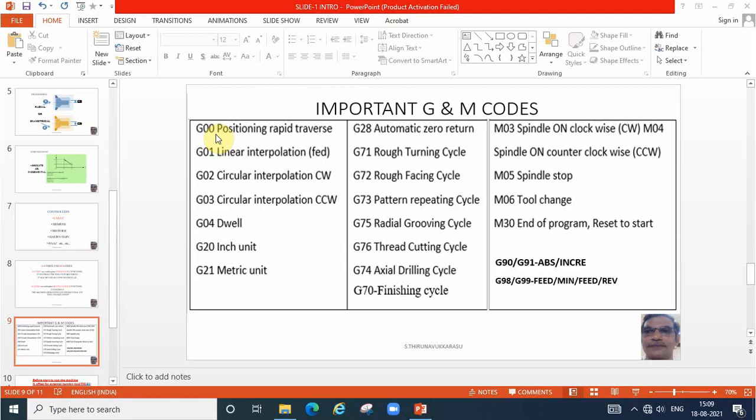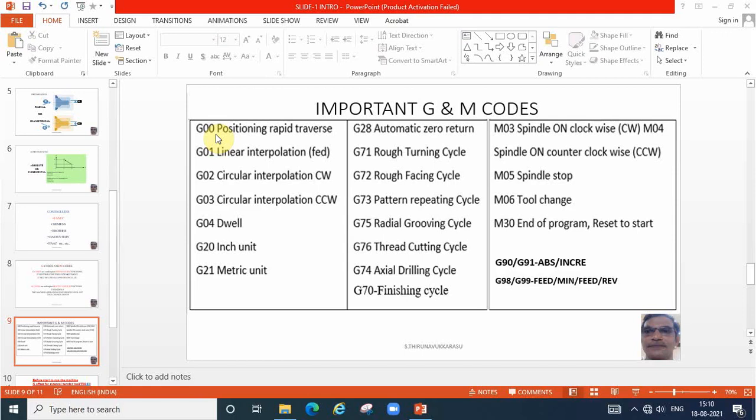So these are all some G codes and M codes. M03 to rotate the spindle clockwise. M04 for anti-clockwise movement. To stop the spindle, M05. For tool changing, simply we can write M06 and then we have to write the tool number T01.